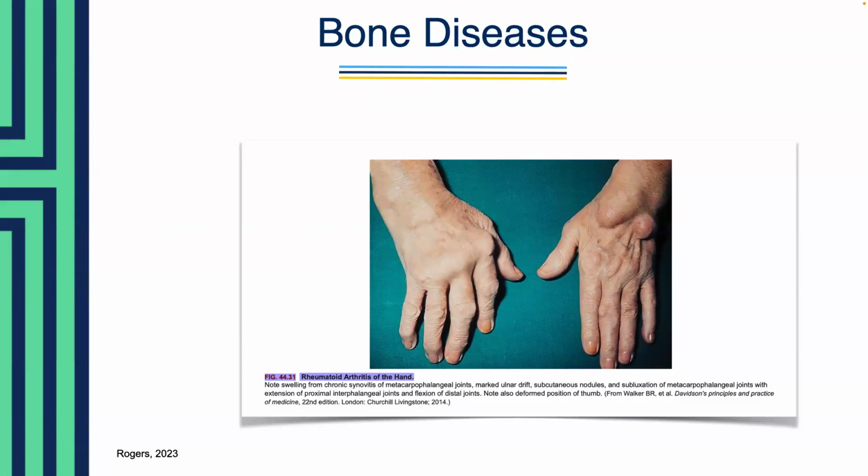The joints can appear swollen. They can feel warm due to the inflamed tissue. The skin over the joints can actually look ruddy or red in color or have a cyanotic hue, which is that bluish-purplish color, and then thin and shiny skin. Additionally, this can cause systemic effects like fatigue, anemia, and inflammation in organs like the lungs and even the heart.